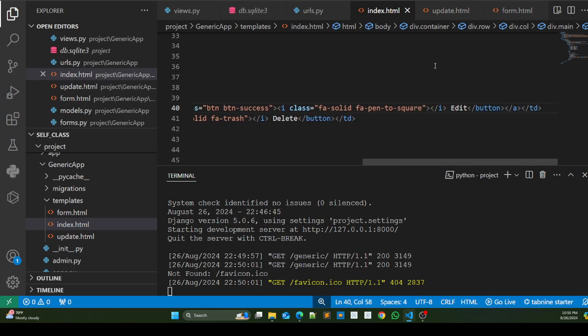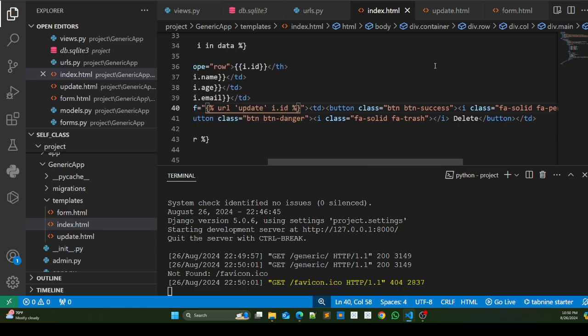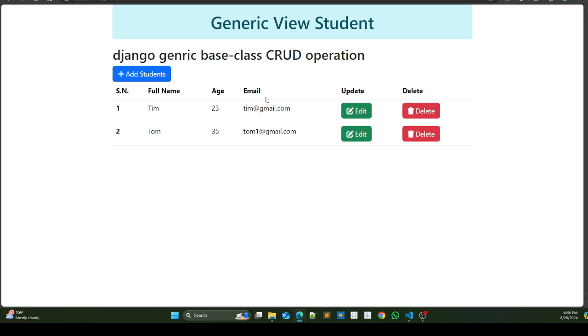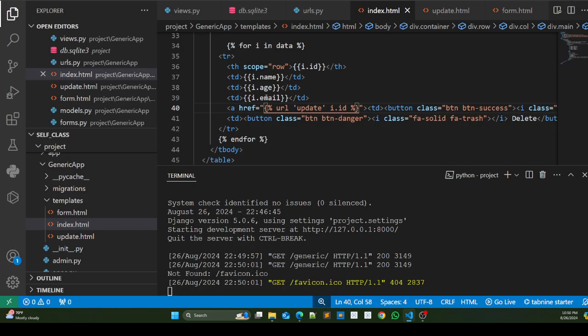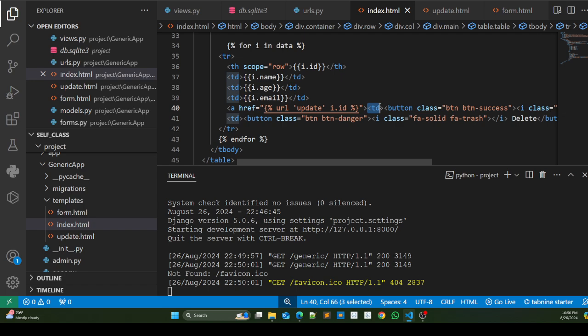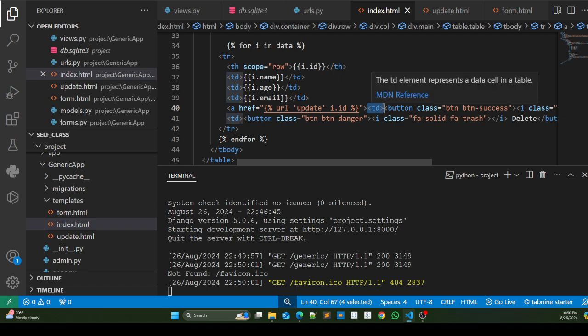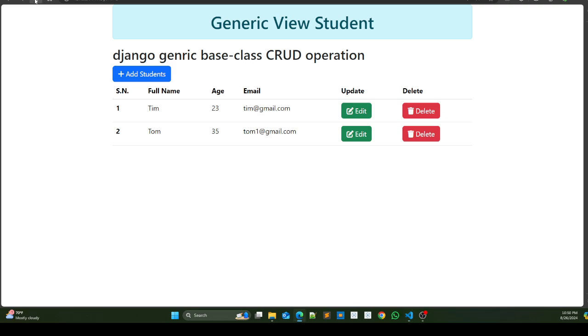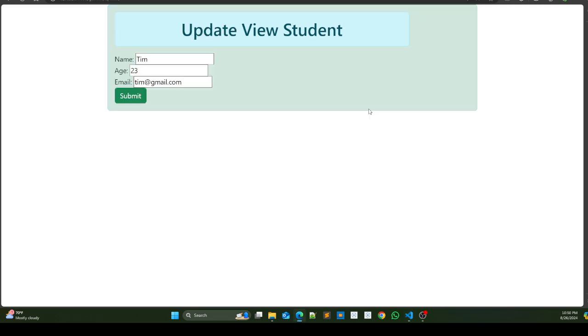Okay, so did I change it over here? Yep, button, that's okay. So there is update id, so it should, oh no, that's td, this td needs to be at front. Okay, Control X and Control V. Okay, so I'll close this over here. So now if I now do refresh, and if I click on this edit now, so I'm getting this update